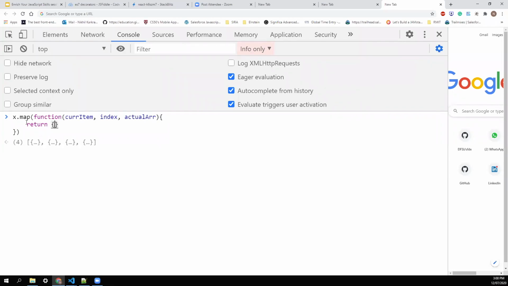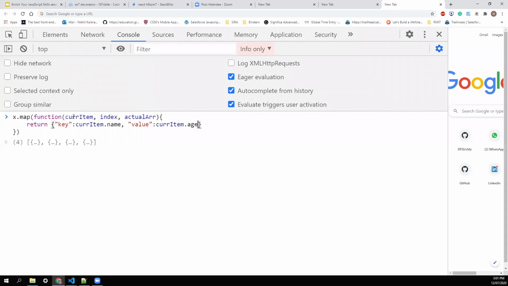I want to create a new array of objects, with each element as an object with the property key, mapping current item dot name to the key, and I want a value property as well in my new array, in which I want you to map current item dot age.